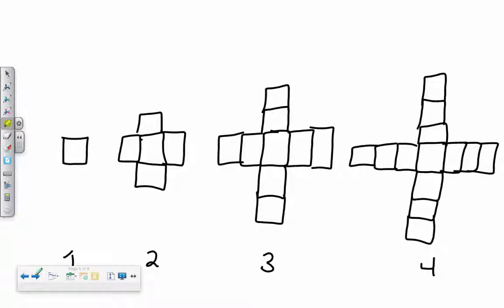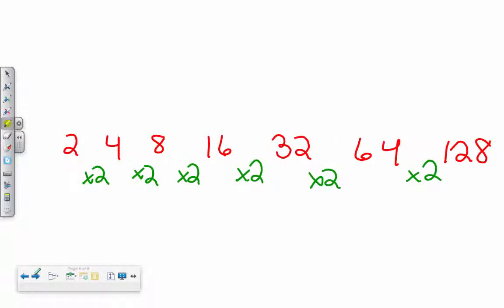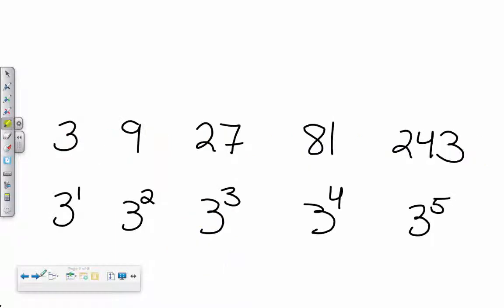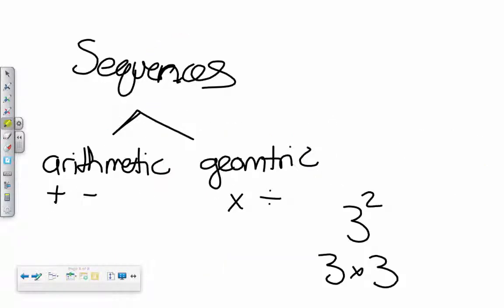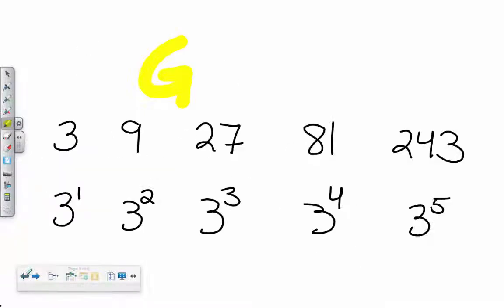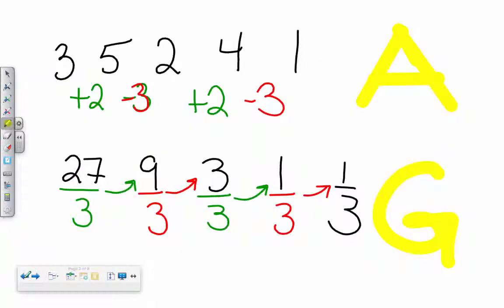You're just adding. You could say both or neither. I would say neither here, because you're not really adding or subtracting, you're changing the shape. Here, multiplying or dividing. Multiplying. Geometric. You're multiplying, so it's geometric. Here, geometric. Okay, and then we're back to the beginning. And I wanted to go back.